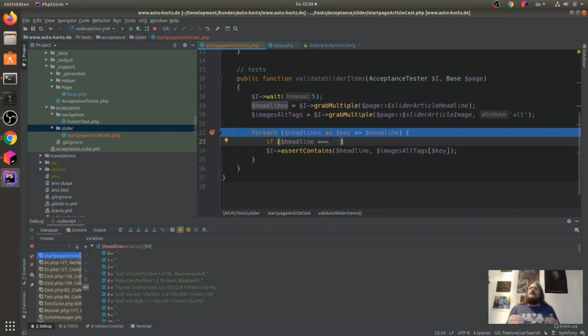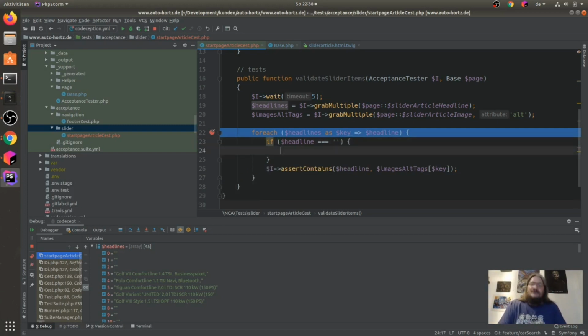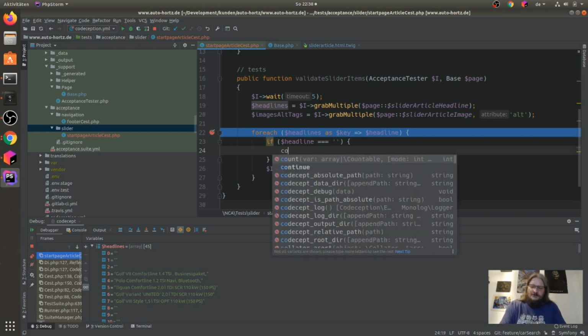So I can set up here a whole bunch of conditions that I can read very easily, and I don't have to do if-else cases where I have logic inside. I can just say when this is not the case, just continue.